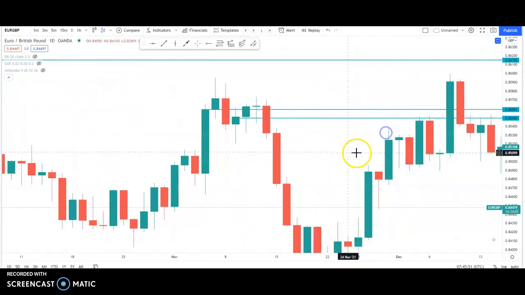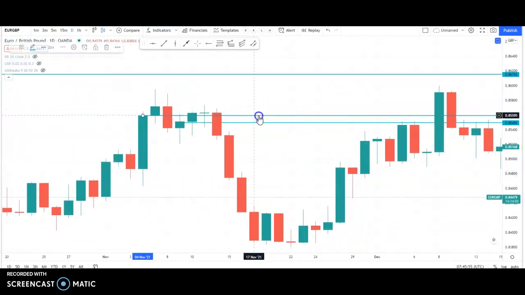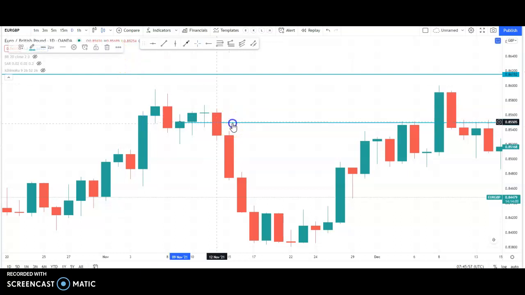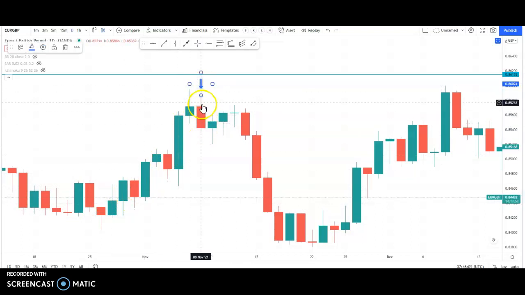Now let's look at these order blocks. Let's look at this here. Okay. Let's get rid of this line, and let's get rid of this line. Price has worked up, and then boom, we have an engulfing candle. This would be what you would